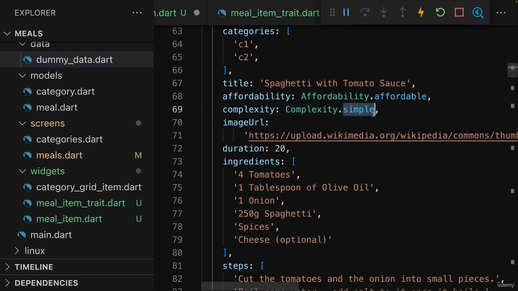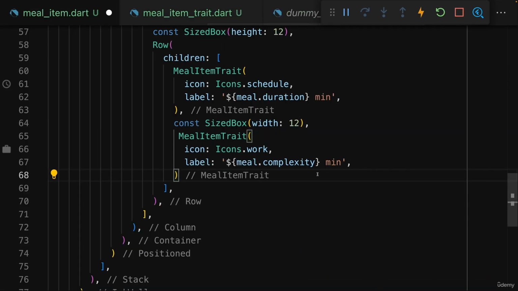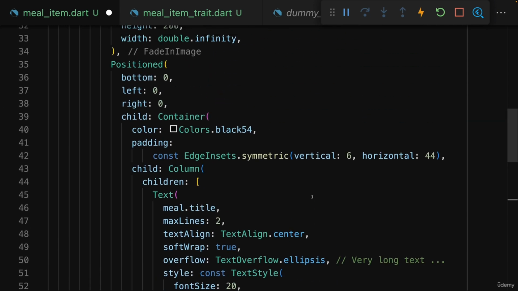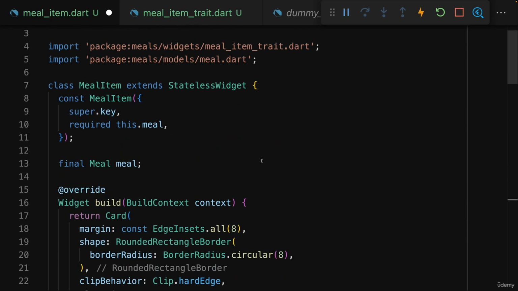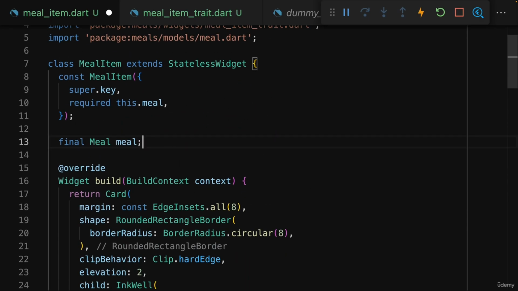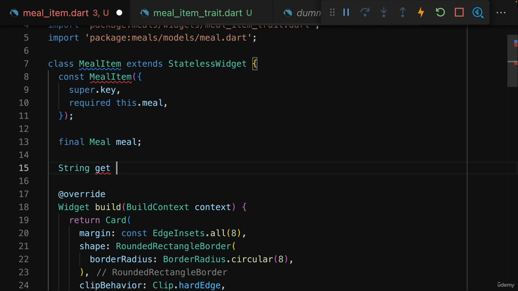Now I'm fine with using this as a text, but I want to make sure that it starts with an uppercase character instead of a lowercase character. And to ensure that this is the case, we need to transform this text here. And for that, I'll add a simple getter to my meal item class here, a getter that will return a string, and a getter which I'll name complexity text